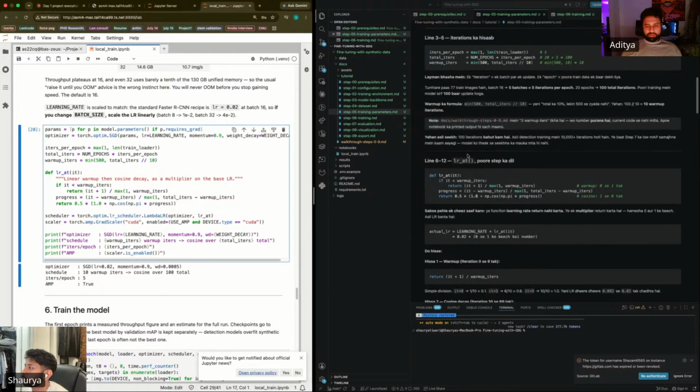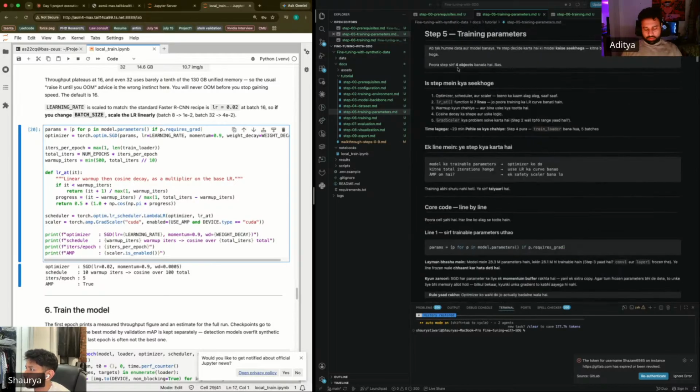So basically, what we learned in this step was that there are three main things to look out for: optimizer, scaler, and scheduler. And what they basically do is, the optimizer gets the trainable parameters of the model, and